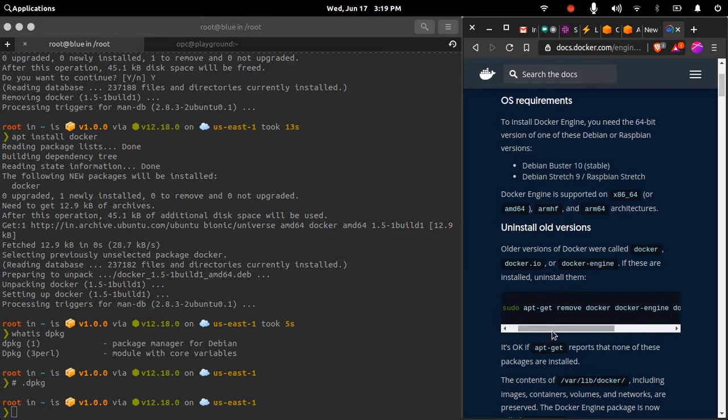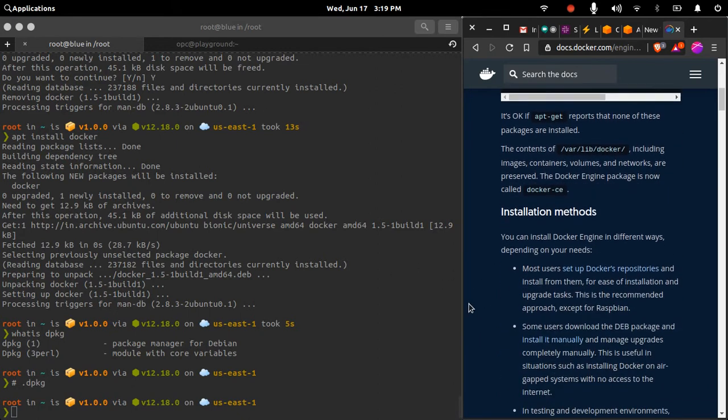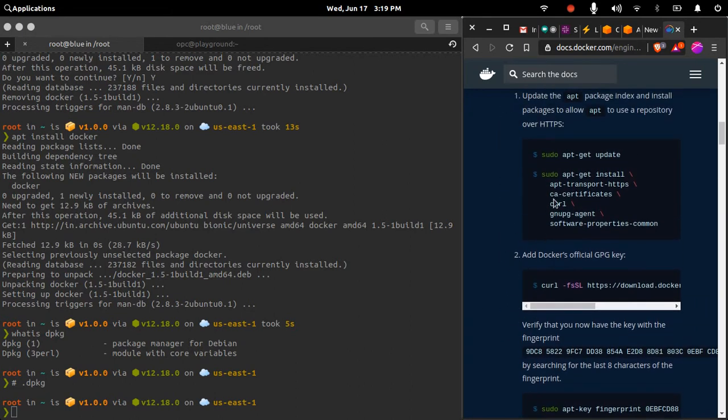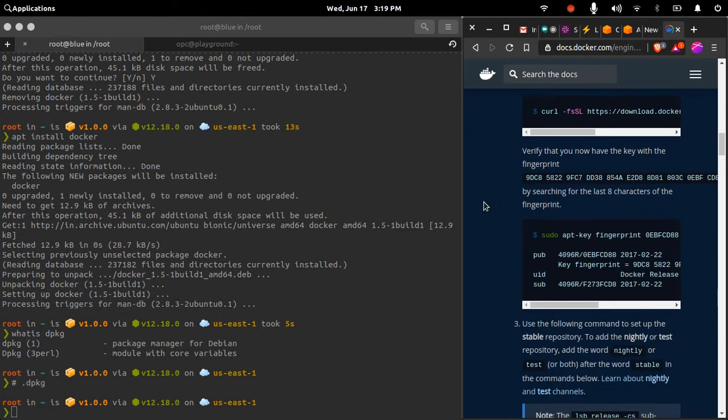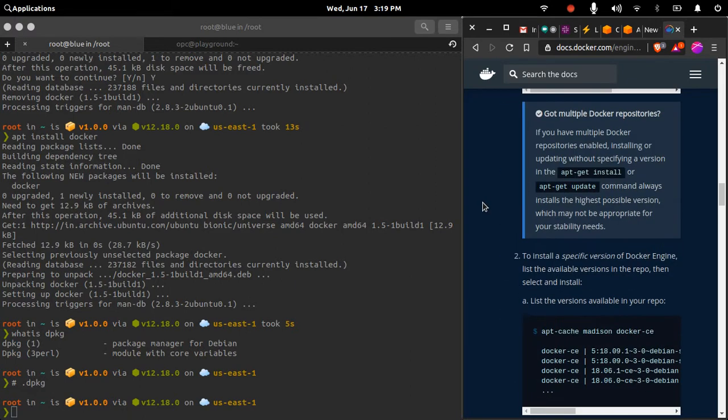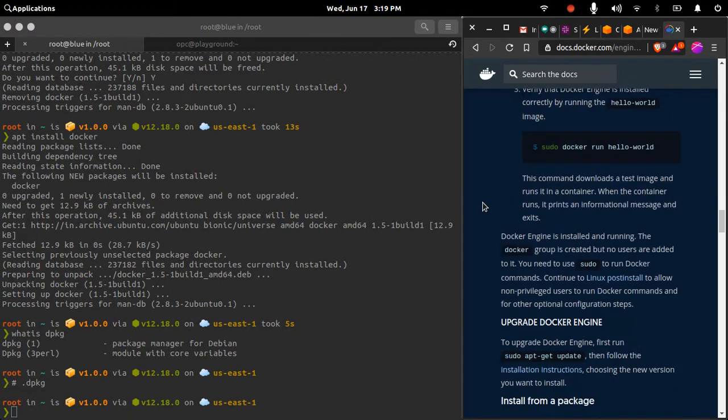Okay, so for convenience it is always recommended to use apt-get, because there are certain package dependencies that you might not be able to handle properly when using dpkg. But if you happen to use dpkg, then they will provide you with the package on their website. So here, if you see, they are still providing the apt-get commands, the apt commands that we have seen, but they will also provide you with dpkg packages directly.